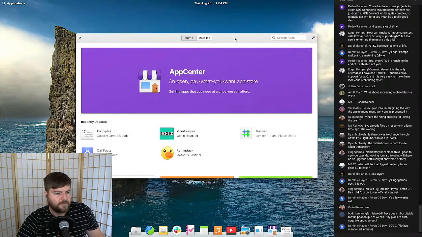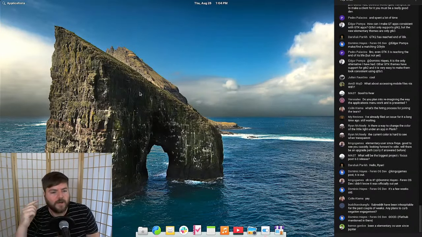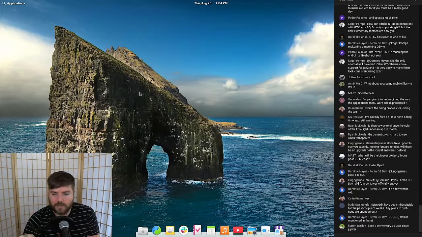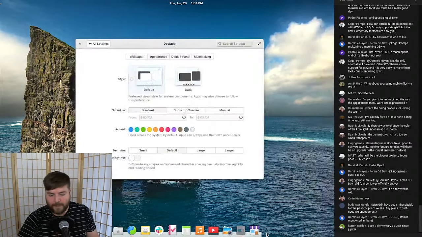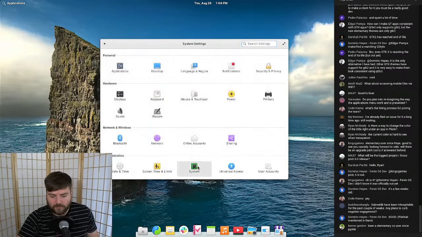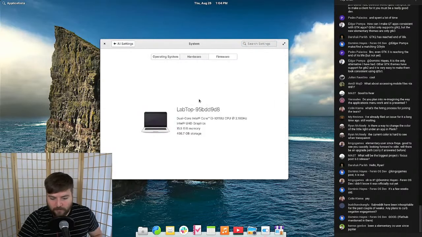What else? Another thing that we heard from people that were installing Elementary OS, some of them had issues where the machine name was weird, and so the name set by the OEM was weird, and so it would actually set an incompatible host name. So that's what shows up in here by default. This host name is generated from the installer,